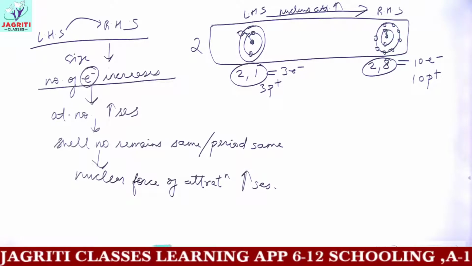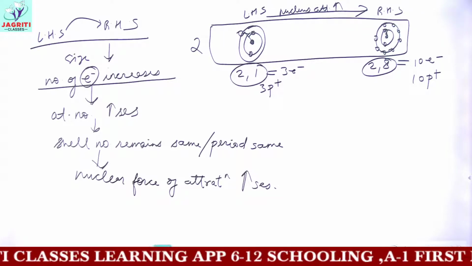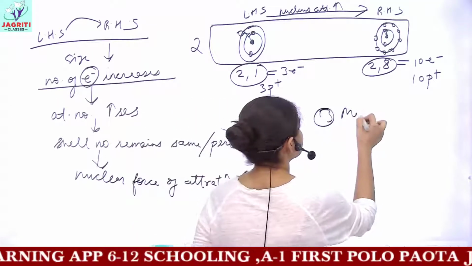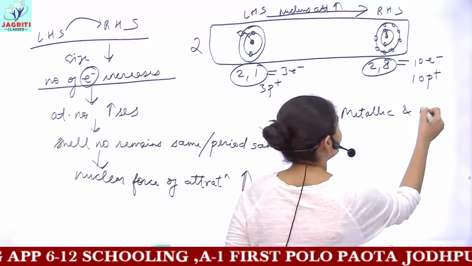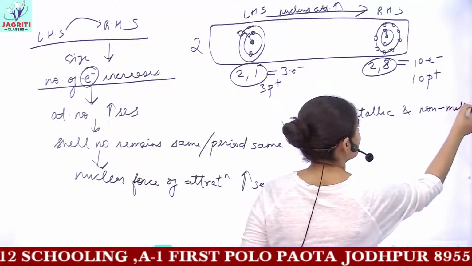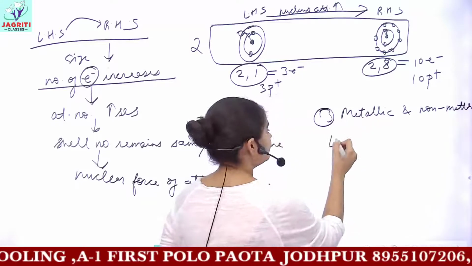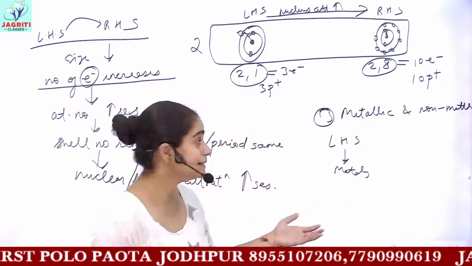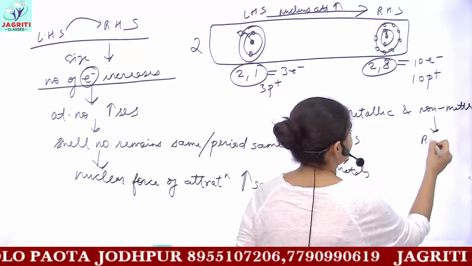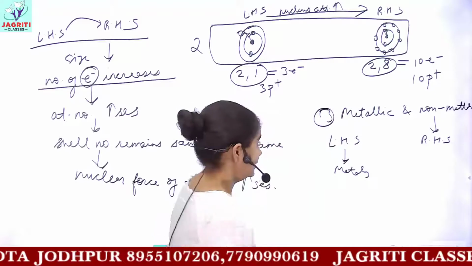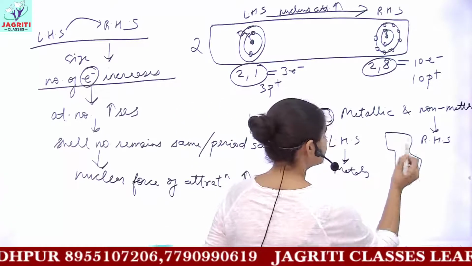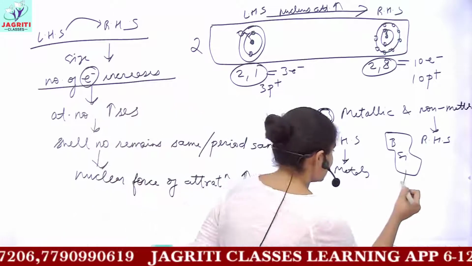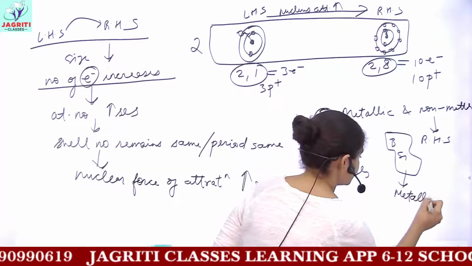Now the last trend which you have is metallic and non-metallic properties. So this I have already discussed. For this you have, on the left hand side, all your metals. I have said this. And on the right hand side, you have your non-metals. There is a zigzag boundary including elements such as boron, silicon, etc. And these are termed as metalloids.